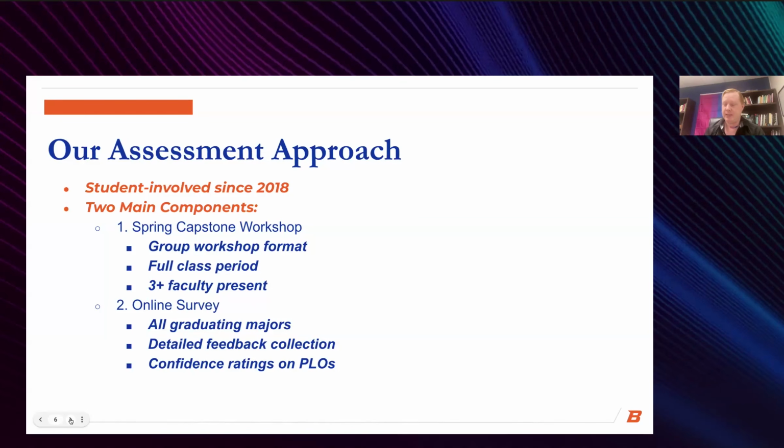So as we move through the presentation, we'll outline and illustrate this framework. We'll talk about the program learning outcomes we operate under. We'll go through the steps that we take in our workshop and what the exit survey entails. We'll give some details about some findings that we had initially and some of the changes that we made as a result of that, and some of the progress that's happening since the changes, since the previous reporting period. And we'll give a few other lessons learned and some suggestions and ideas for our future directions, as well as possibly seeking some feedback on that.